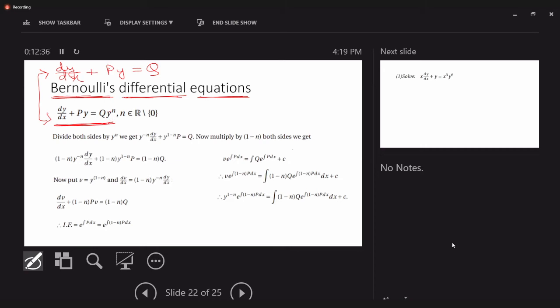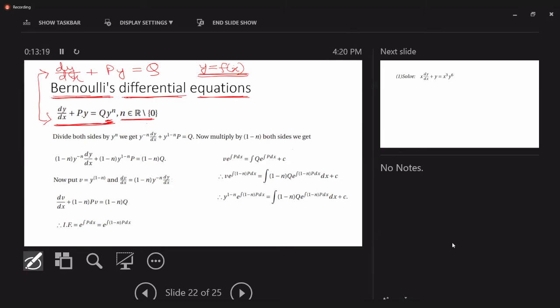Now, because it is y raised to power n over here, this stops being a linear differential equation. Remember how we got the differential equation, by differentiating a function? In the definition of differential equation, it is the equation which consists of the function and its derivatives. So over here, this function is present with a power higher than 1. Here n belongs to the set of real numbers, excluding 0, and also it should not be equal to 1. That is one more additional thing which I'm telling you.